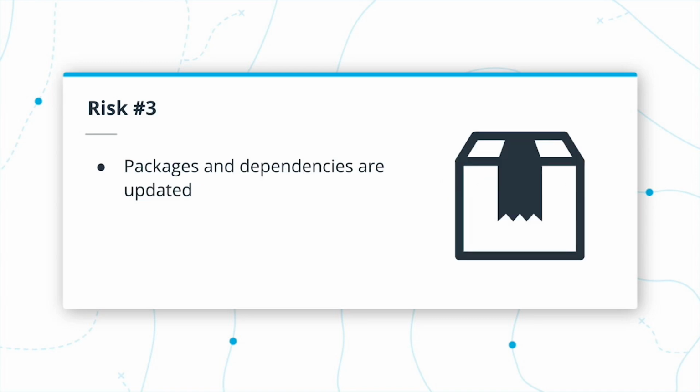We want to consider that packages and dependencies are updated because it's not as easy to downgrade installed dependencies. Uninstalling them is not an atomic process, meaning that you have a few minutes where the application is unusable as you uninstall multiple packages until it's in the previous stable state.